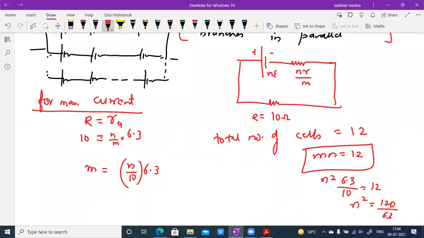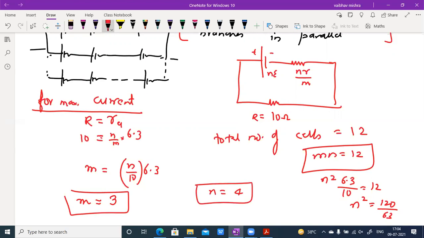ये थोड़ा फ्रैक्शनल में आ रहा है, इसलिए we have to take the approximate value. I think m यहाँ पर सॉल्व करने पे ये n की वैल्यू आ रही है कुछ 4.3 and m is coming out 2 point something, so इसको हम approximately 3 ले लेंगे and n will be approximately 4 because number of cells cannot be,